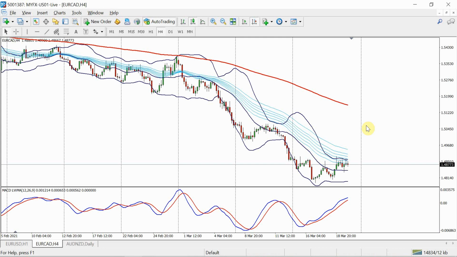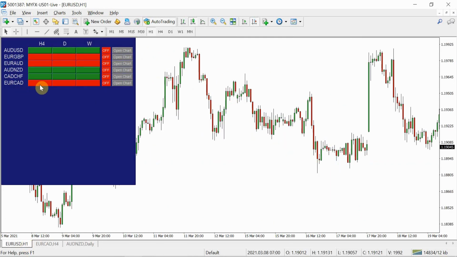So we are in a situation where we're waiting for either the MACD to cross back down over, and for price to close below the mid-band Bollinger Band or the 20-period moving average. And that will give us our entry signal to go short on the Eurocad using the H4 chart as our example. So just to recap all of that, we are looking to go short on the Eurocad because at the moment